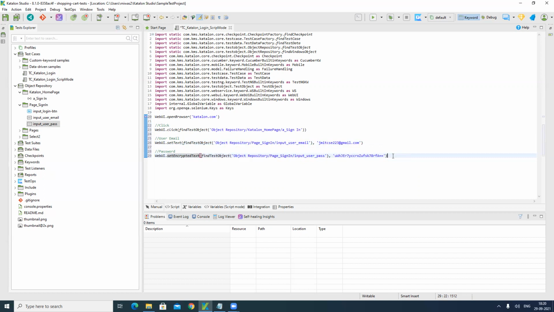Right. So our next action is going to be click on the sign in button. I'm going to click on this sign in button.